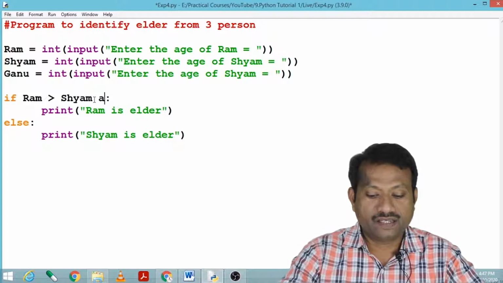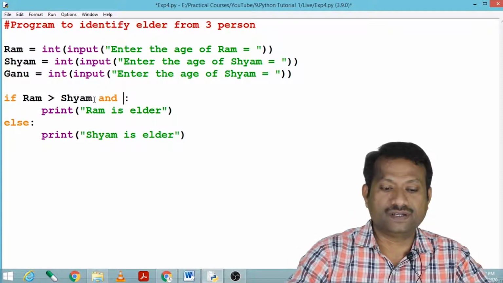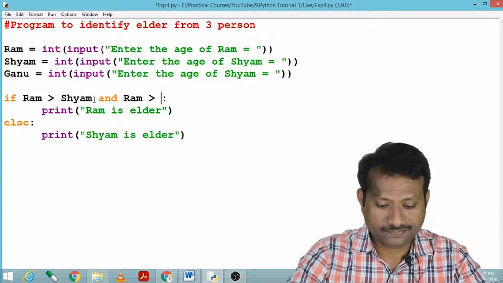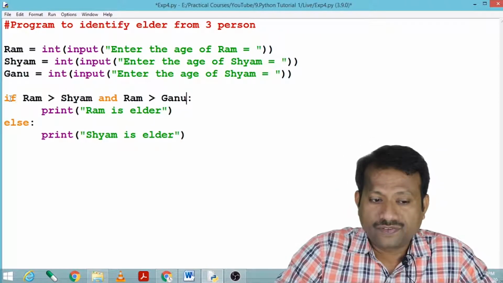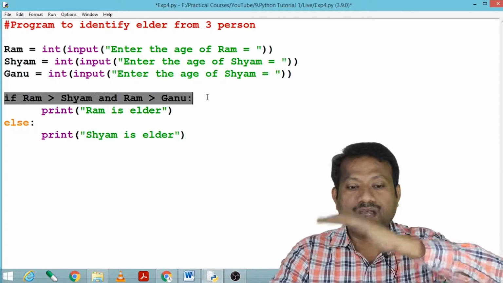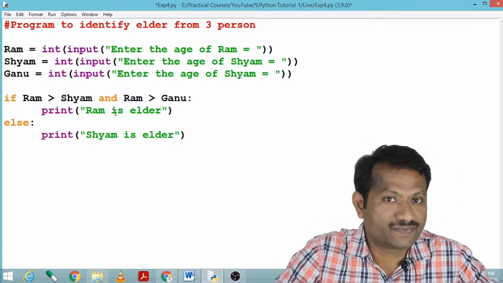Here I put another condition with the AND logical operator. Again I am writing Ram is elder than Ganu. Now if the first statement becomes true, that is Ram is greater than Shyam as well as Ram is greater than Ganu, it means Ram is elder.